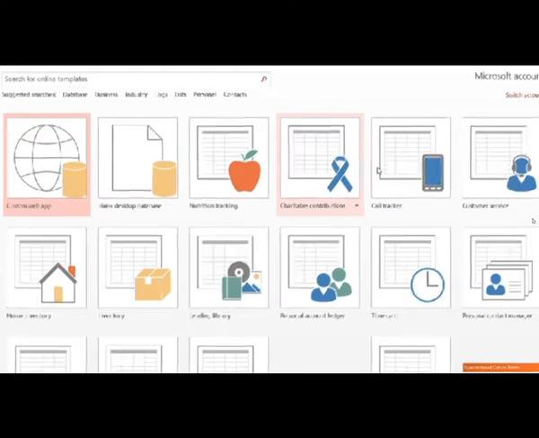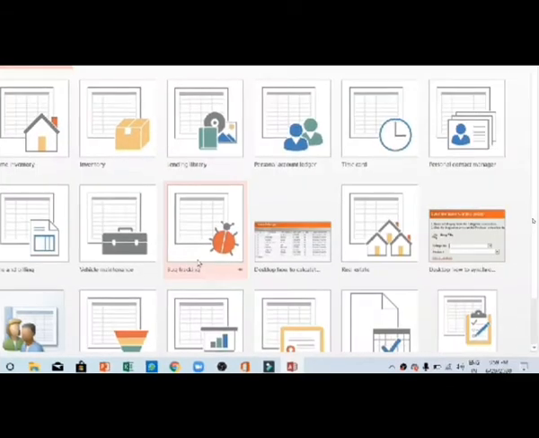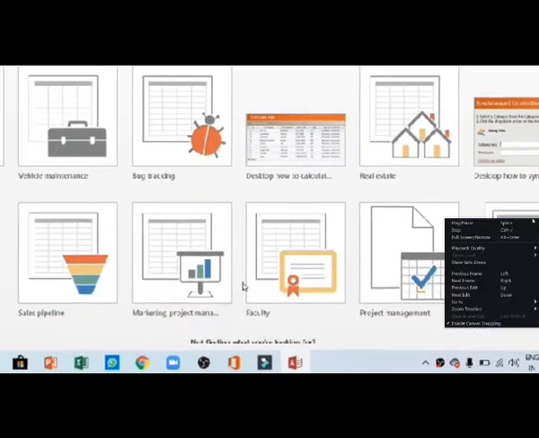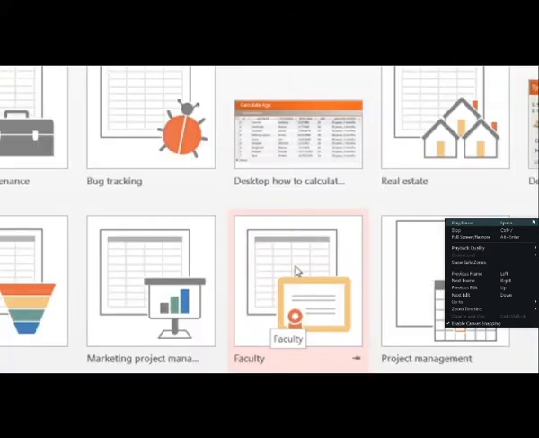Let us take one example. So many templates you can see here. Can you see, children, you have real estate, you have issue tracking, you have project management also. Let us see this faculty. If you click on the faculty template, what will happen?